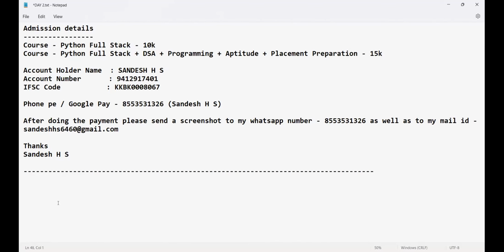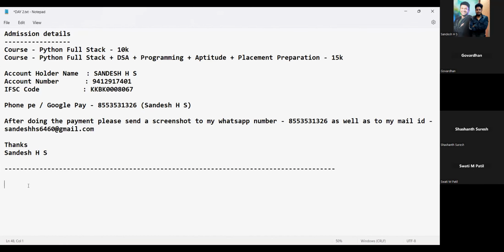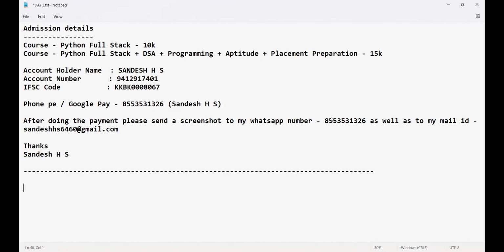If you feel I'm not selfish, that means you are not selfish, please share the information with your friends. Hey, one person is doing a Python full stack. At least if you learn this, you'll get a job. Could you do that? Can I expect everyone to do that? Inform your friends. Don't be selfish. Please don't think your friend is a competition for you. Nobody is competition for anyone. You are unique. Your knowledge decides whether you'll get a job or not. If you help others, God will help you. That's what I believe in.